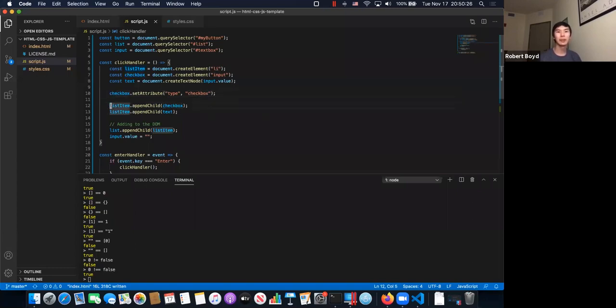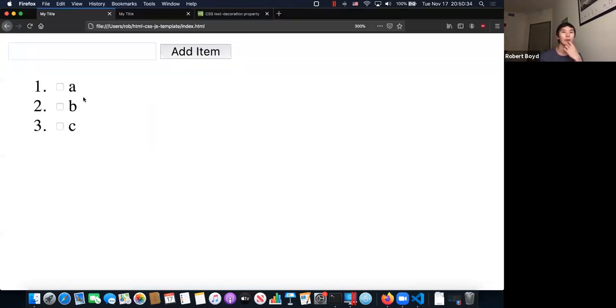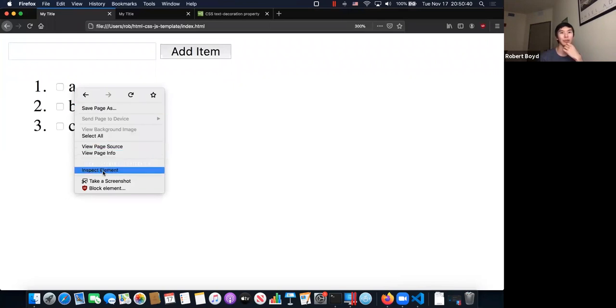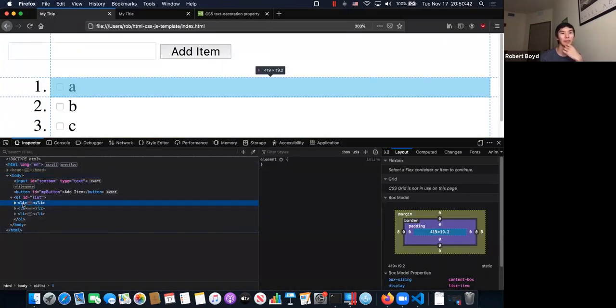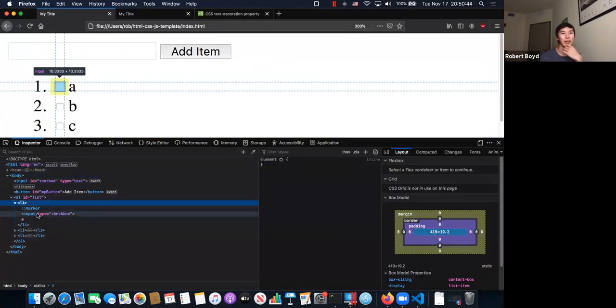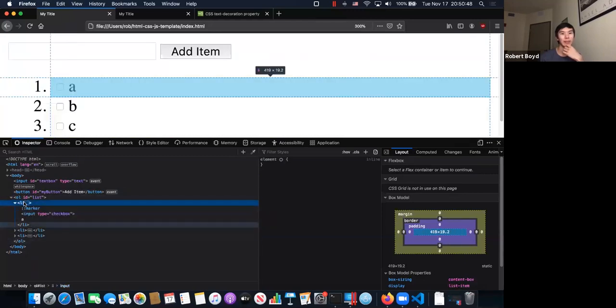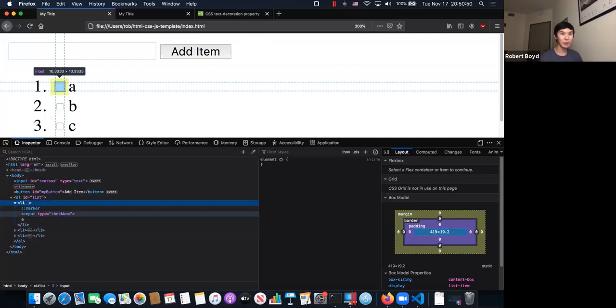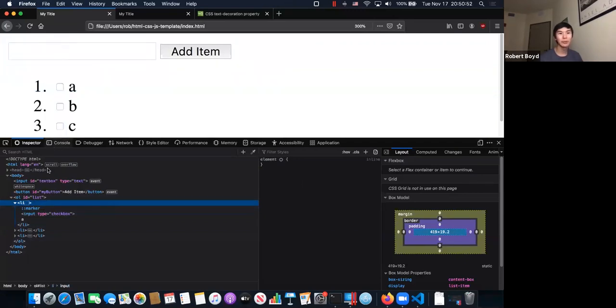So this is actually happening. So this is all inside our click handler. What we want to do is, when we click this button, we want to add the Strikethrough class, because let's actually manually add it. So if we go to inspect element here and go to our list item, we should be able to actually type in class equals